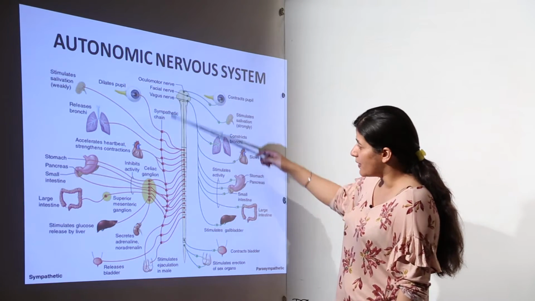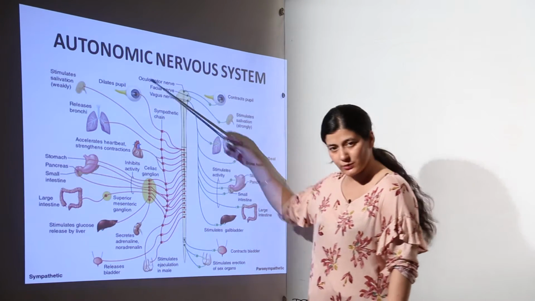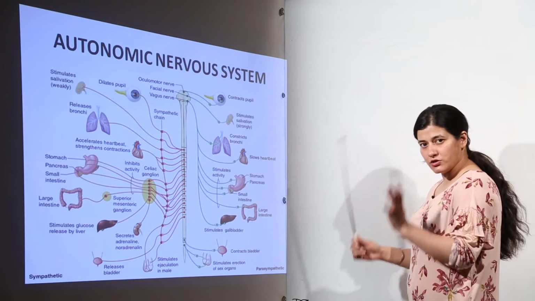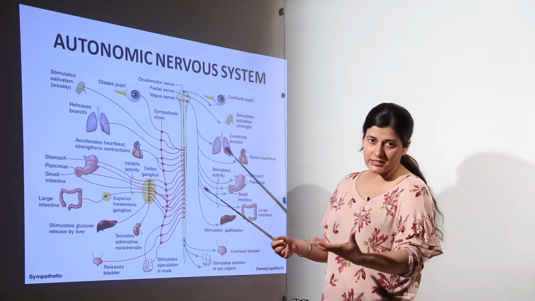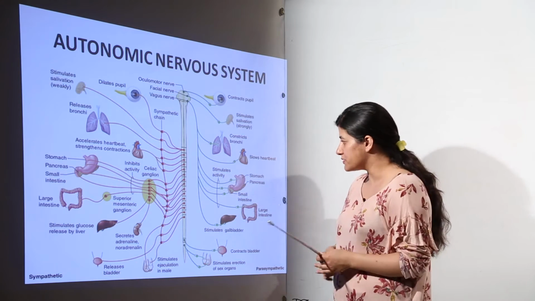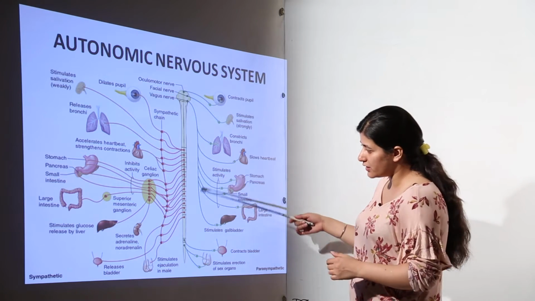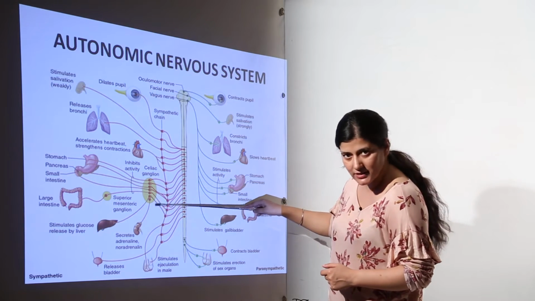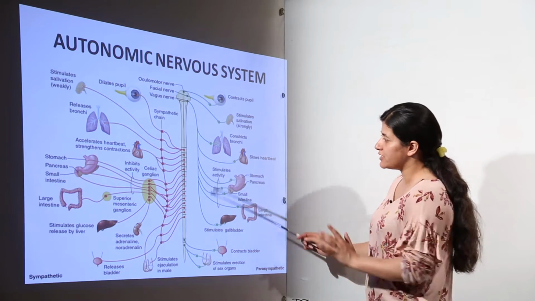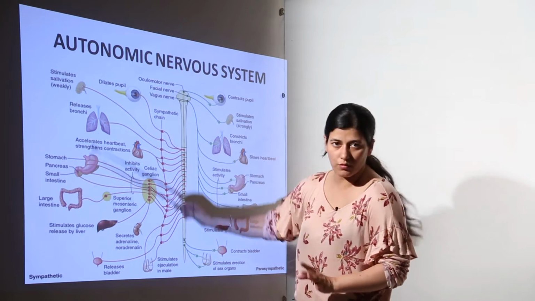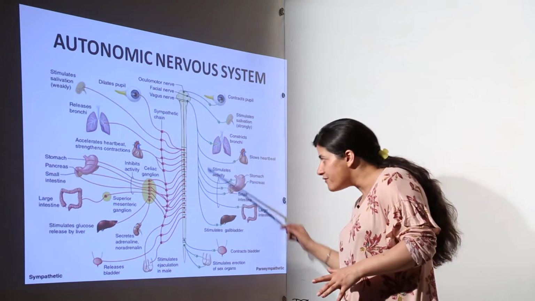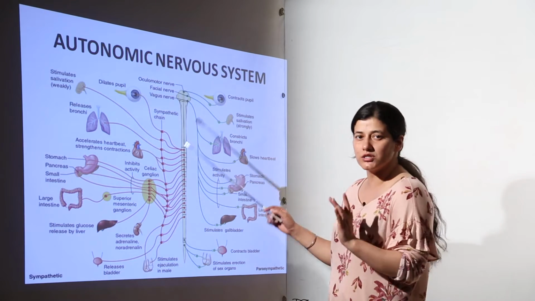Now see, this part represents the sympathetic nervous system and this one is representing the parasympathetic nervous system. I need not remind you that if the sympathetic system is doing this thing, the parasympathetic would bring it back. This is how these two systems work hand in hand. What you have to see over here is that there are so many ganglions present in close proximity. Over here, what you have to see is which part is taking care of what, which part of the body is being taken care of by which part of the spinal cord.